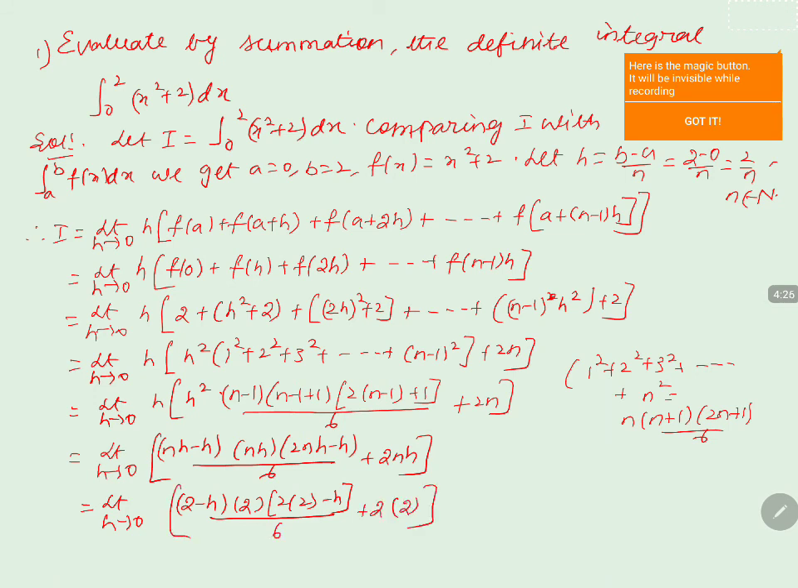Then we'll write it as (2 minus 0) into 2 into (4 minus 0) by 6 plus 4. By simplifying, we'll get it as 20 by 3. And remember that wherever we get nh, it is equal to